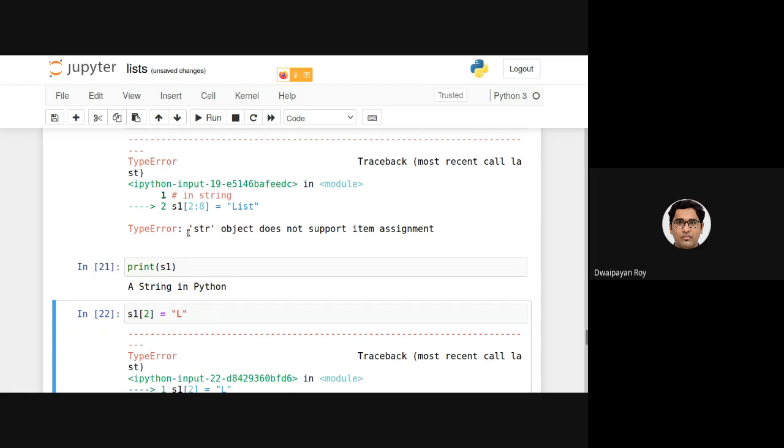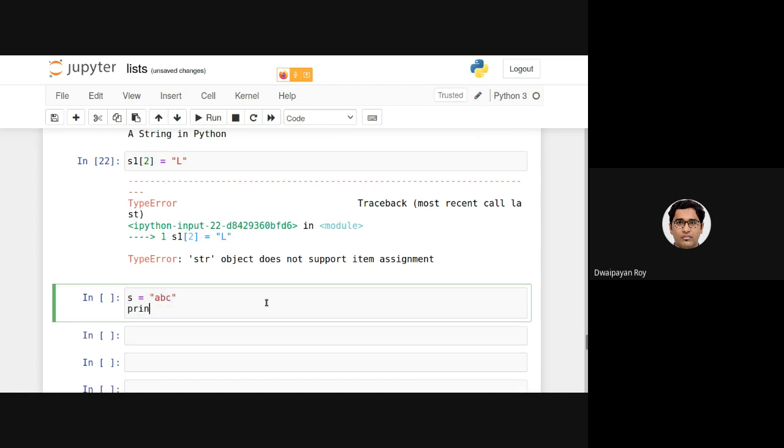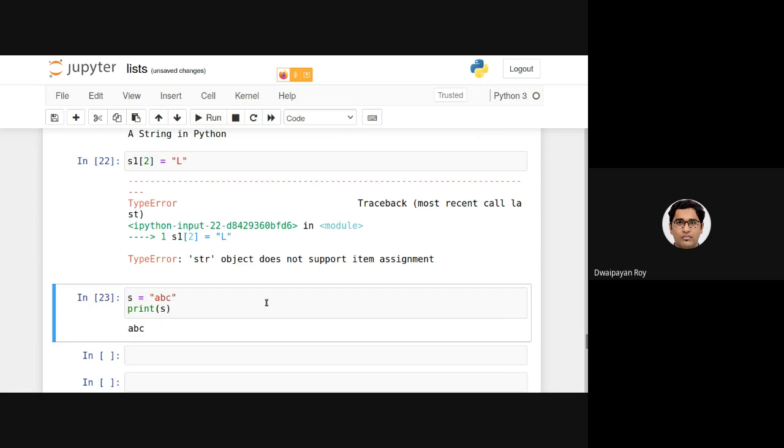Now let's look at the error carefully. It is saying type error, str object does not support item assignment. But wait a second. We have already initialized so many strings with this assignment, right? Then what's the problem with this?